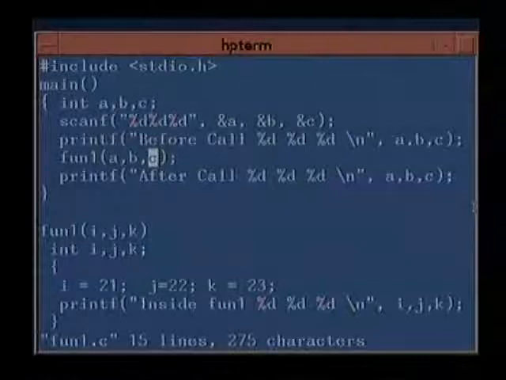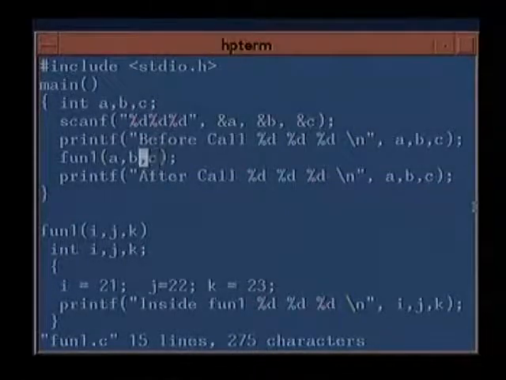Because if a function requires some values, I may want some value to be updated. How would I do it? So to answer this question, first we will have to see how function parameters are passed in C. What are the ways in which function parameters can be passed, and how do I get back values in C if I want to pass the function parameters. That will also give us some hint about why scanf uses this AND. So let's go back to our workbook and see what we can do.